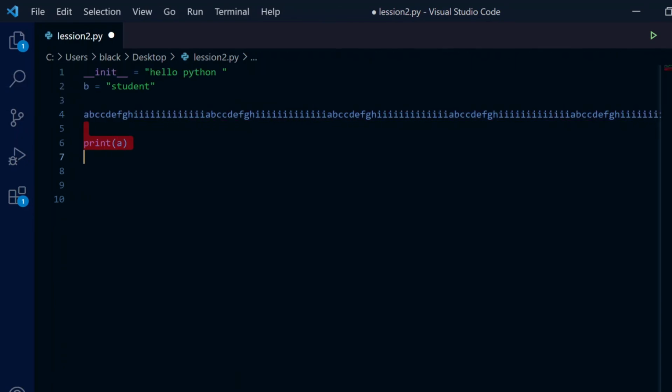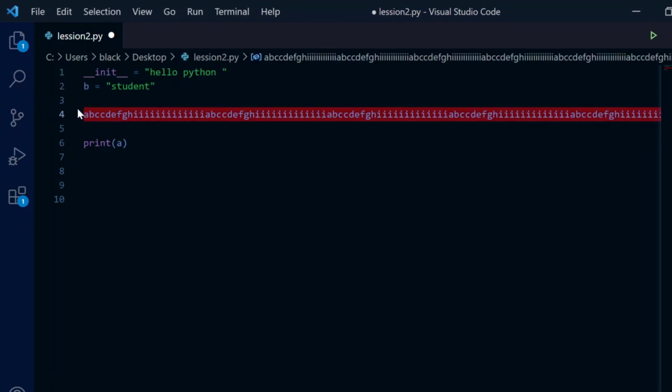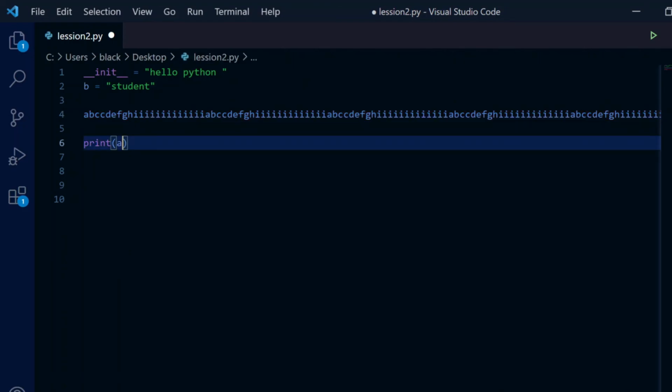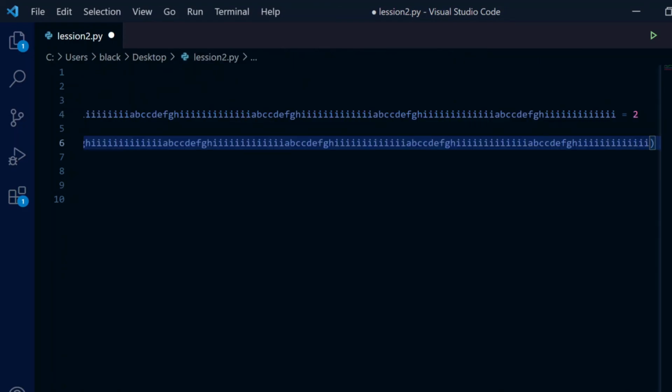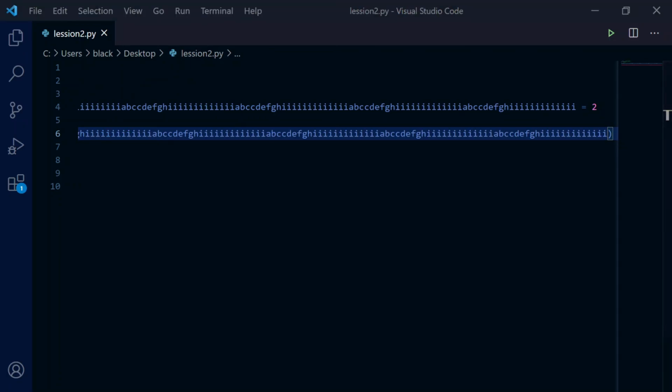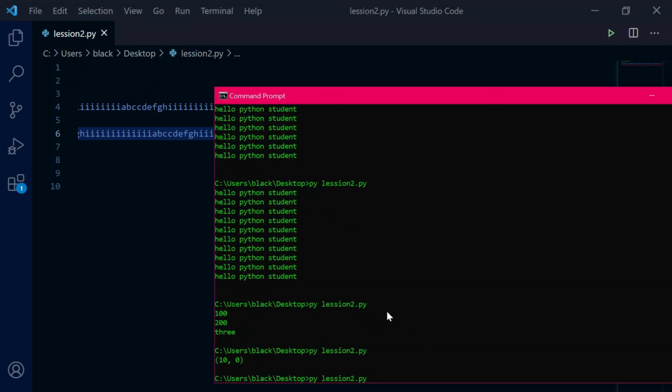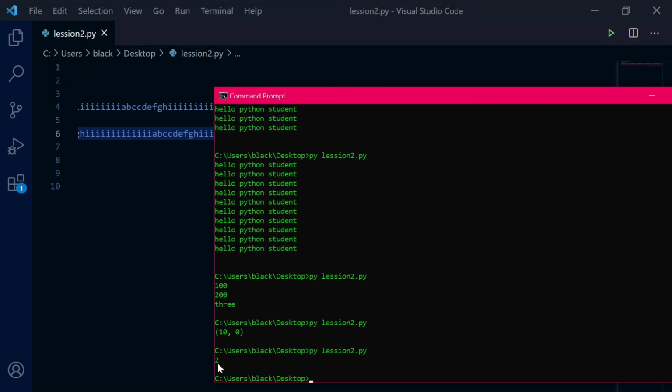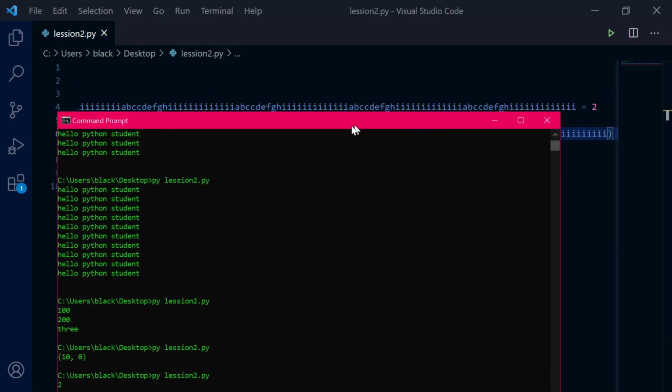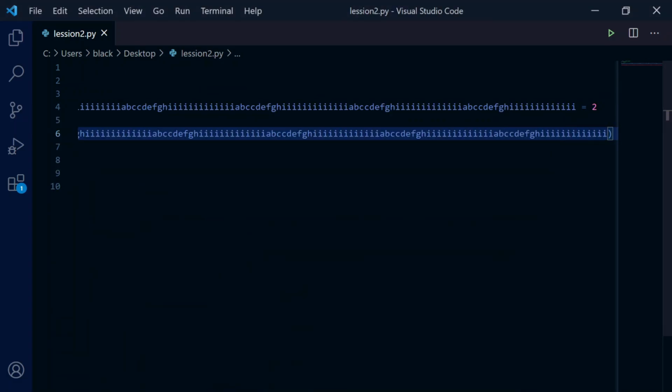Let's take this name and try to print it. It gives out 2. In Python, there is no length limit for variable names.